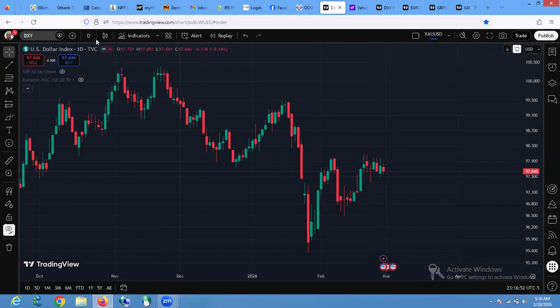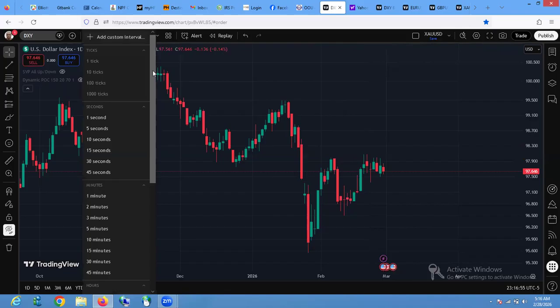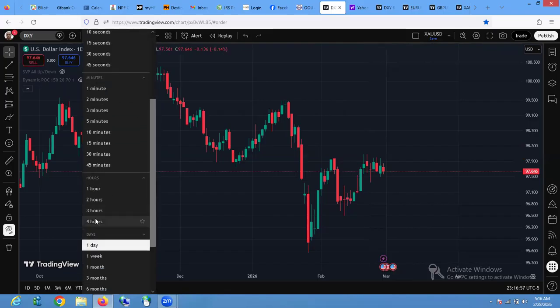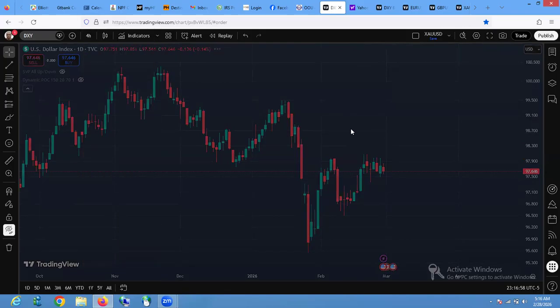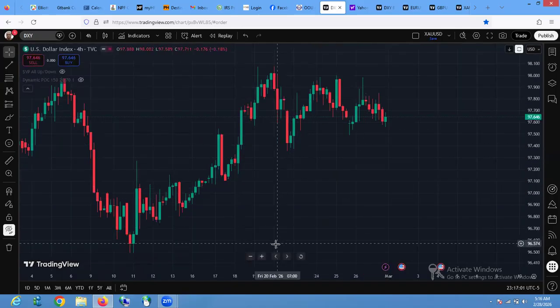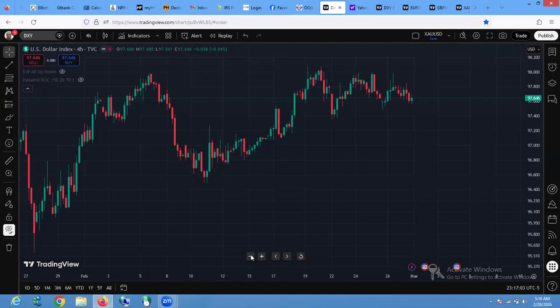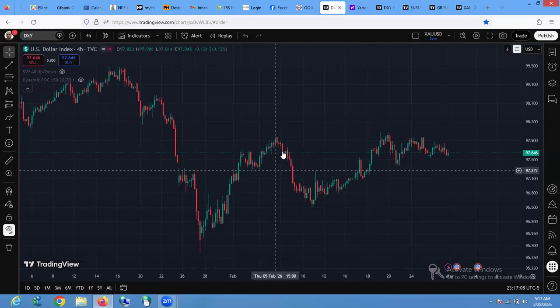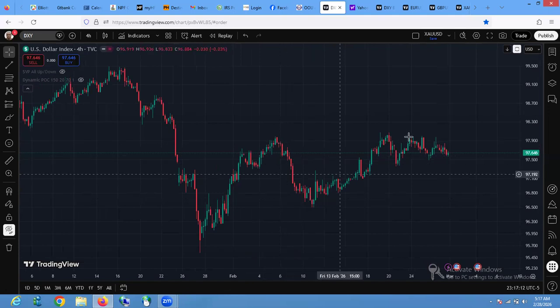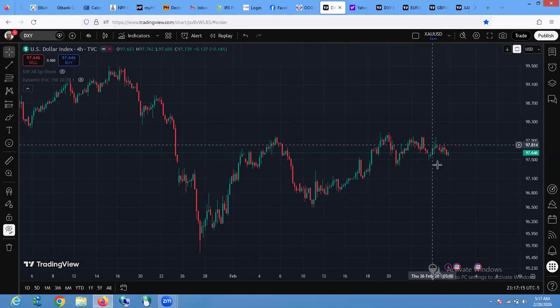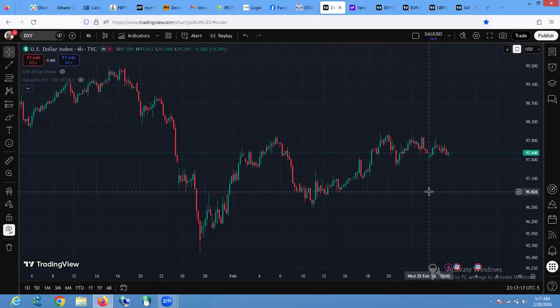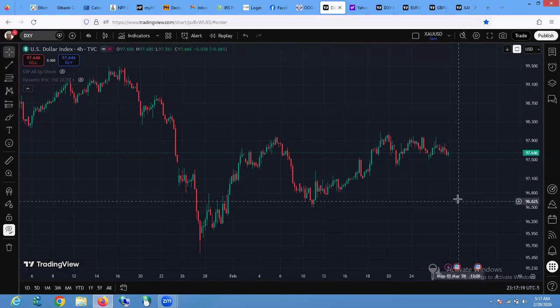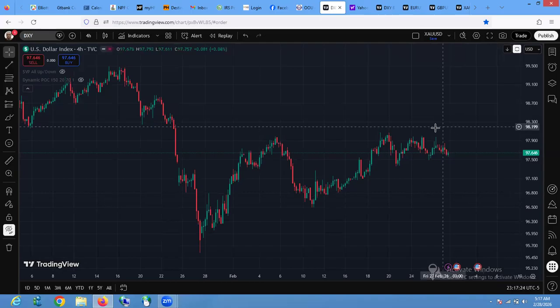So let's look at the 4-hour time frame. DXY on the 4-hour time frame, if I were you, I don't want to trade this. This is the major A that we say major A wave, A of B, B of B, and we are looking for a C of B. This C of B may break this low, or may just stick at some point here before it goes up.